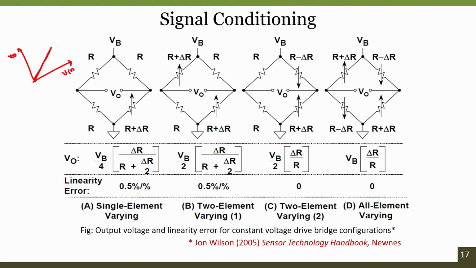it should be linear, but because of only a single varying element in the bridge of the Wheatstone split circuit, it leads to some kind of nonlinearity. This nonlinearity error, when you consider it, will always be about 0.5 percent. What do I mean? I can simply show you one simple example.